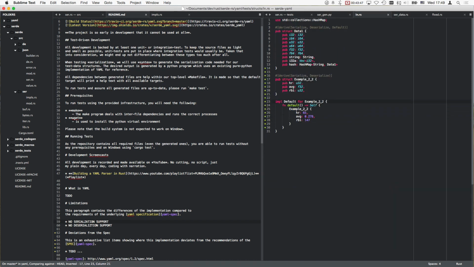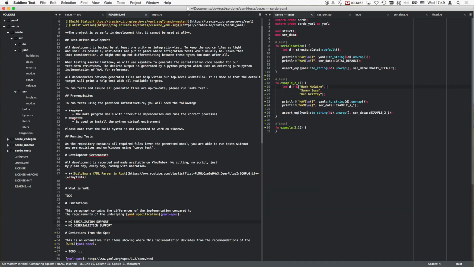Yep. So all we have to do in this example is get a data, let d be this, structs that,